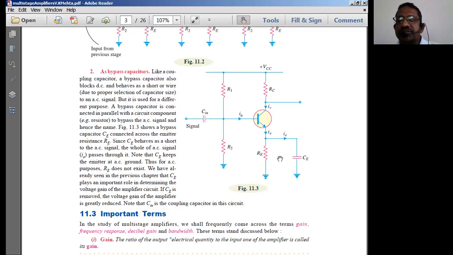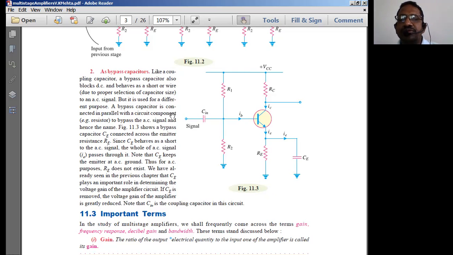So because of this capacitor, what happens? All the AC is simply transmitted through the capacitor. For the AC signal, the capacitor acts like a short circuit, and for DC, it acts like an open circuit. So all the DC is going to flow through RE. All the AC goes through the short circuit, replaced by the capacitor here, to the ground. Thereby, you never get any AC signal voltage drop across the emitter. We get only the DC voltage drop across the emitter here. That means all the AC signal is transmitted to the ground.